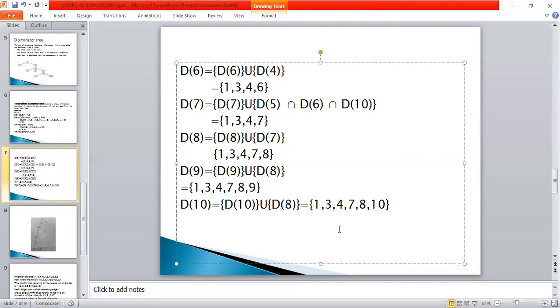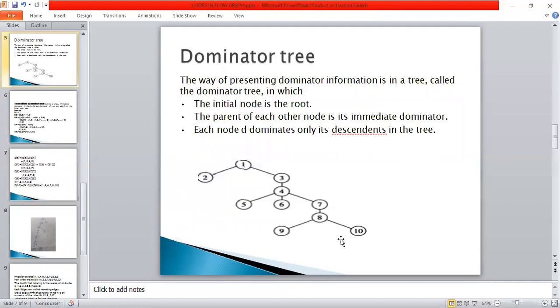So based on all these immediate dominators, the dominator tree is constructed. First is the root node, and for node 2 the immediate dominator is 1, because the link is from 1 to 2. For node 3 the immediate dominator is 1, because we have the link from 1 to 3.